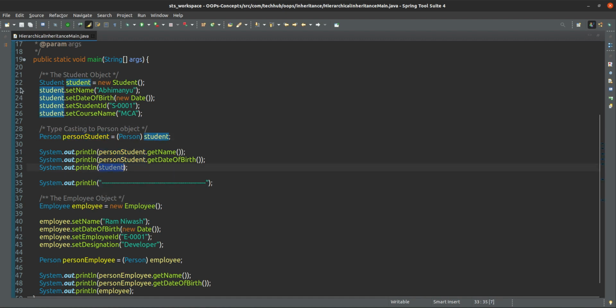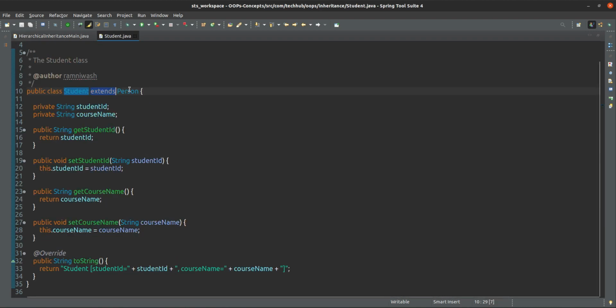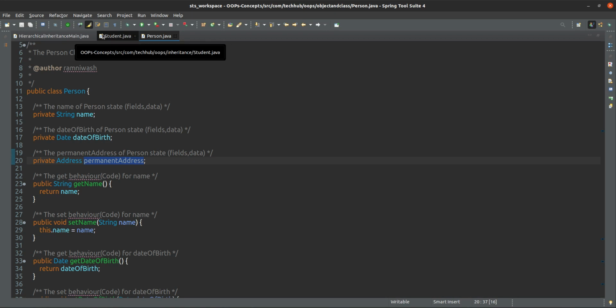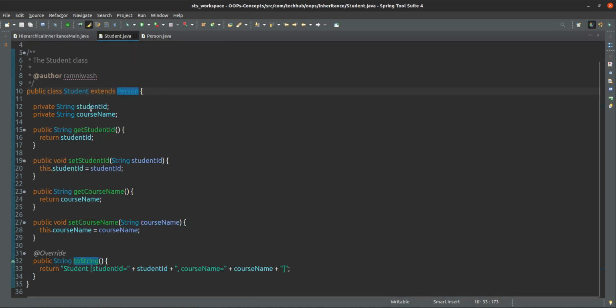If you open the Student class, we are extending Person here. Person is the same Person we are using in Employee. Name and date of birth are there. Permanent address we are currently skipping. If you want to set it, you can, otherwise you don't need to. For understanding purposes only we added simple fields. Here we have added some extra features: student ID and course name.